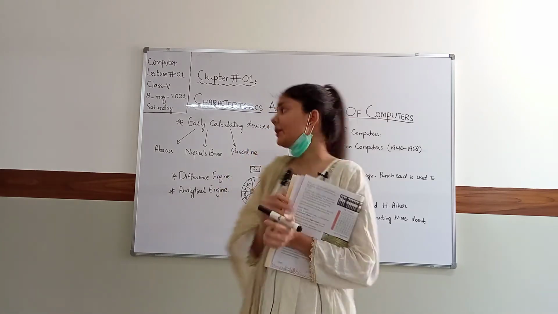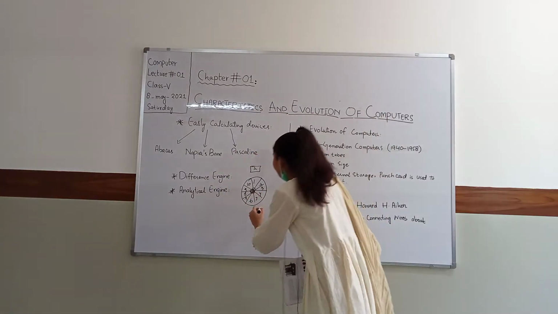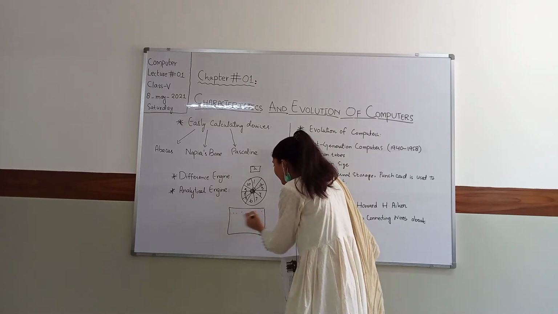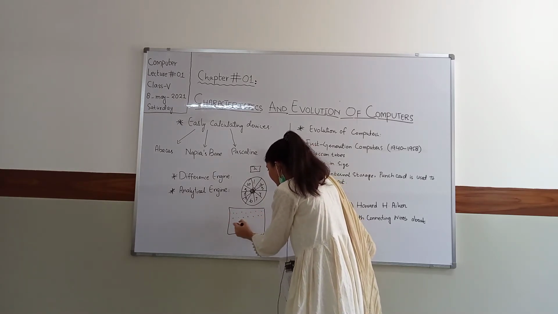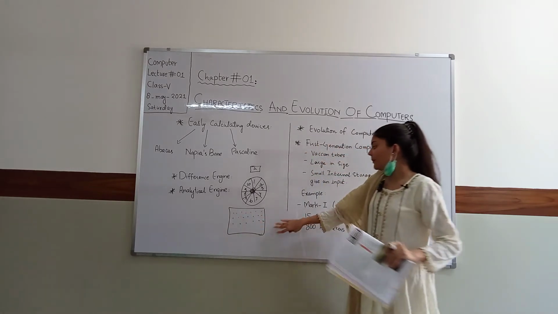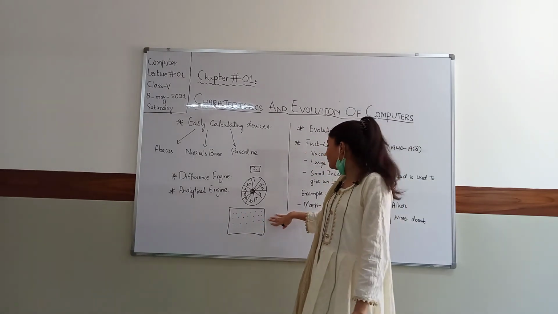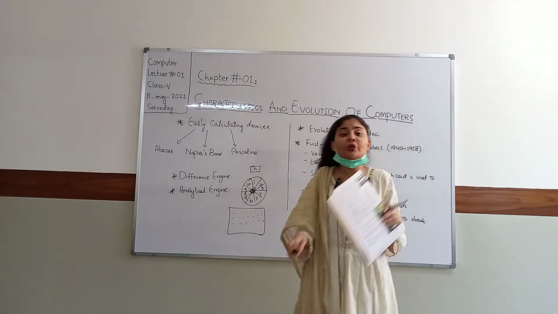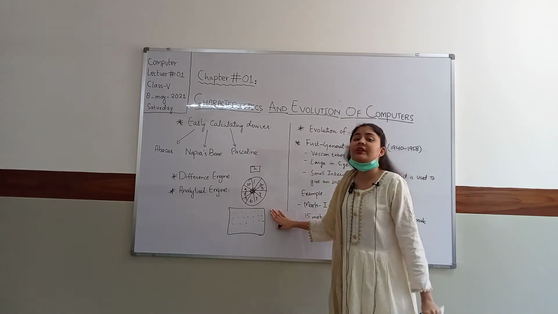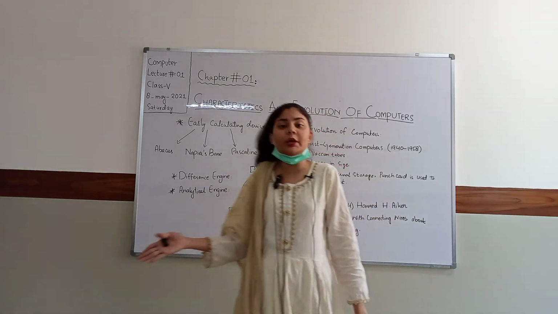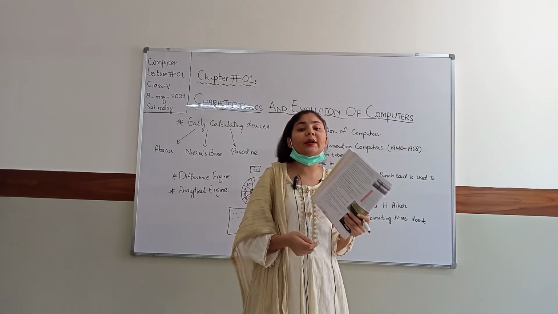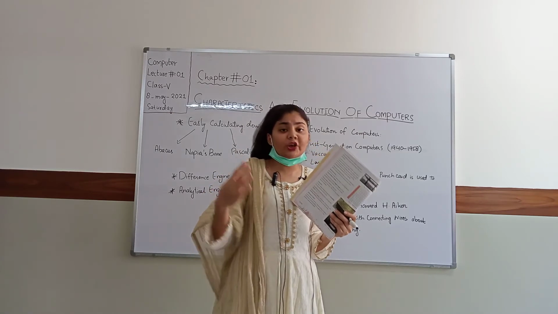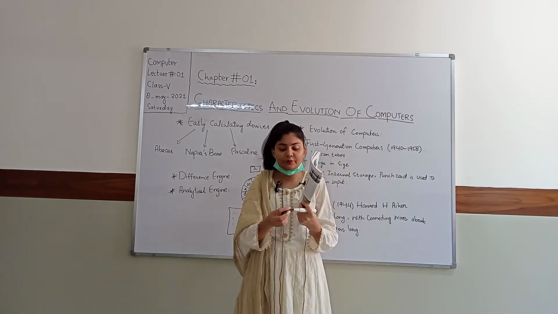Punch cards. What are punch cards? Punch cards are pieces of paper containing black holes in them. This is called a punch card, and we used to give commands by using these dots. Like if we want to insert an A, we will use this dot to insert a command as an input. And how will we get the output? We get the output in the form of the vacuum tube using the cathode ray tubes.